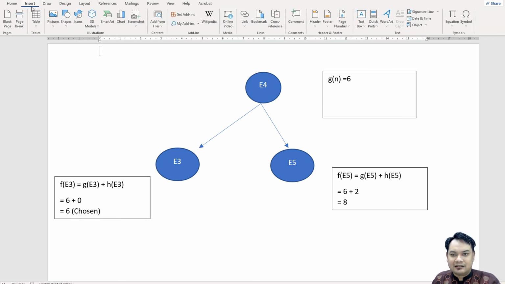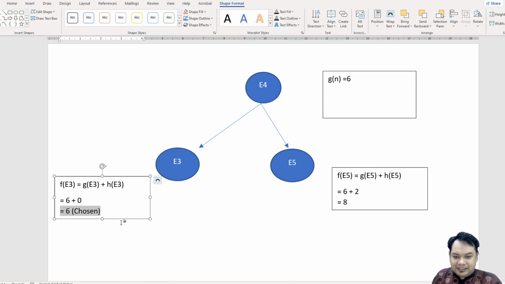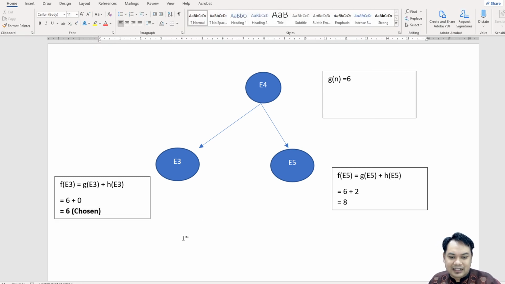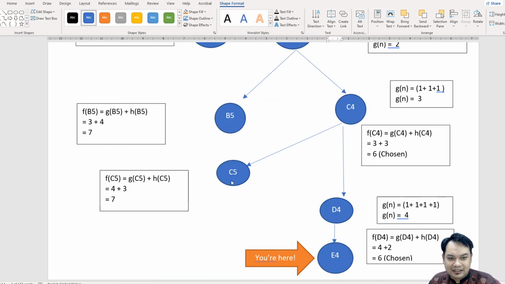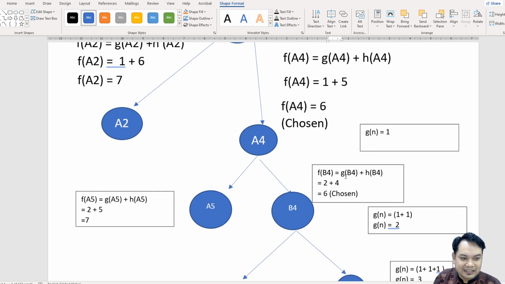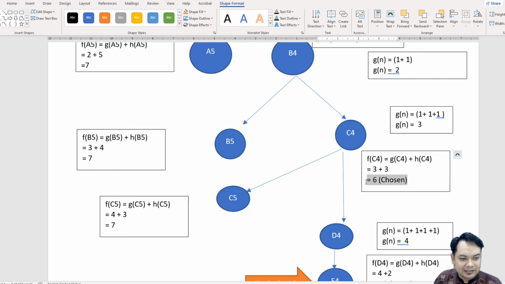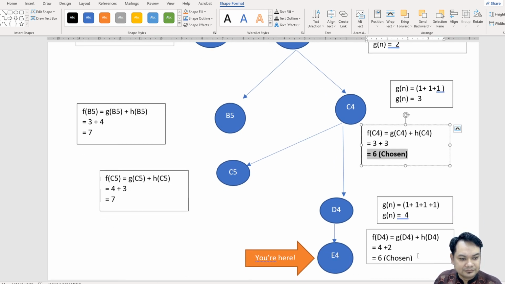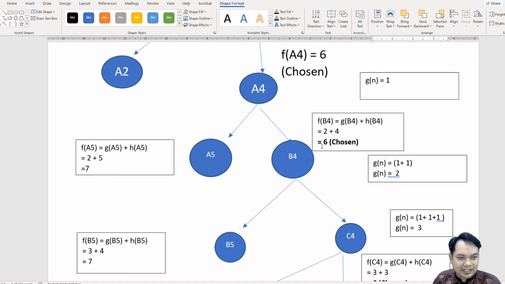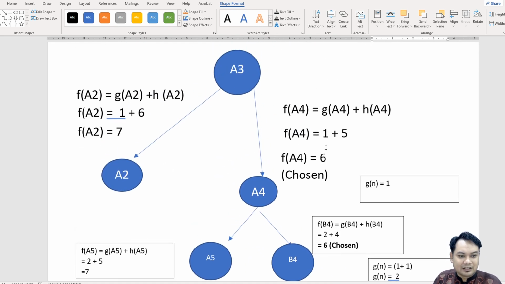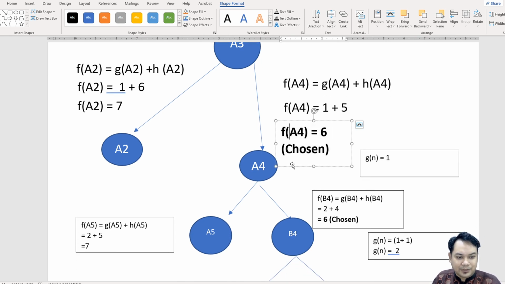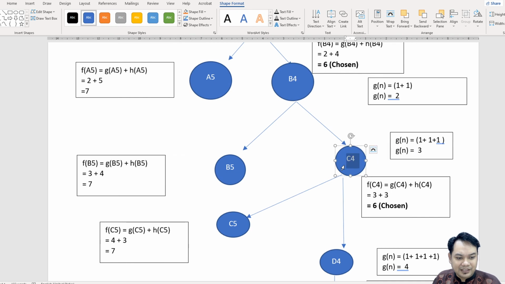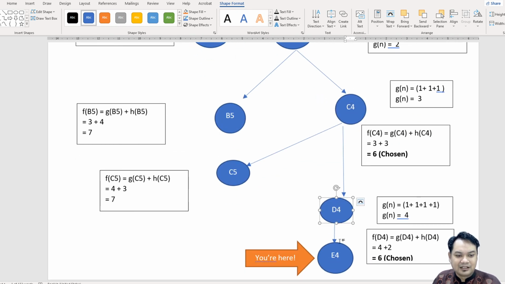So lepas tu kita cuba highlight kat mana yang chosen. Okay, lepas kita dah dapat calculate tu, kita highlight kat mana yang chosen. So kita highlight ni. Kemudian kita cuba highlight yang lain-lain. So this one is chosen. Okay, this one is chosen. This one is chosen. So what is chosen? Okay, bila kita tengok balik, sini pun chosen. Okay, sini pun chosen. So the chosen one is A4, B4, C4, D4, E4,